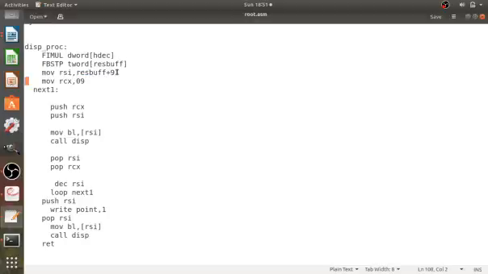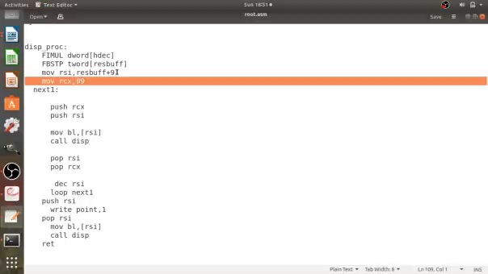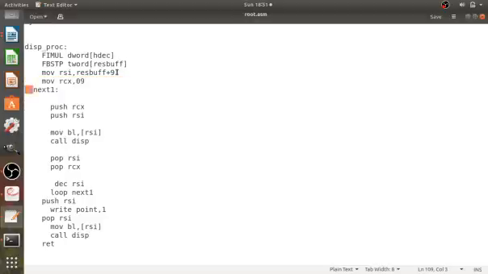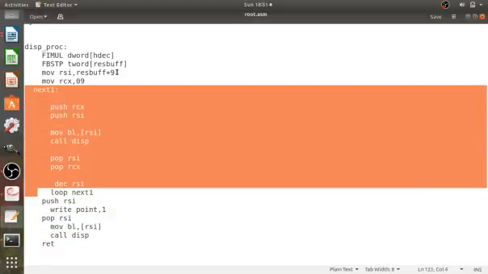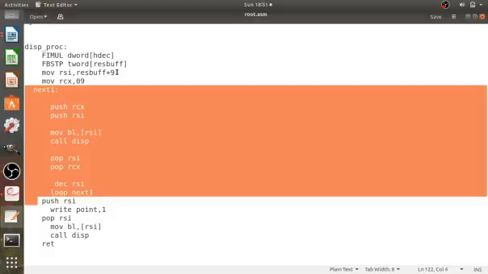Then mov rcx, 09. Now how many bytes we want is 9 bytes. This way we will point to the 10th byte, but it will repeat 9 times, and before displaying the last byte we have to display the point. So here we are just pointing to the 9th byte. So rcx is 9 and the counter is 9. Then the procedure that we are going to repeat is the next one up to the loop statement. So up to this we will repeat it. Once the condition becomes false, that is the rcx value becomes 0, it will continue to the next line.